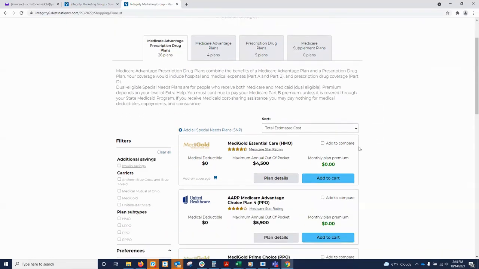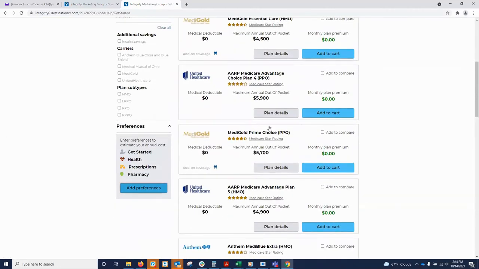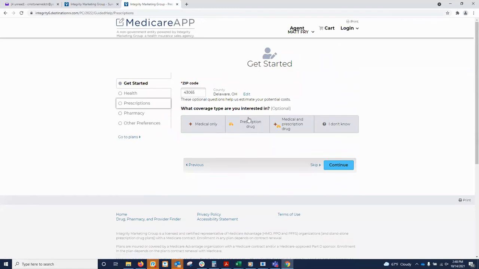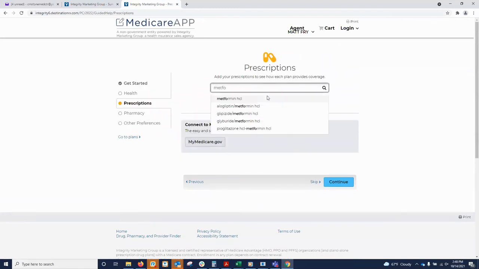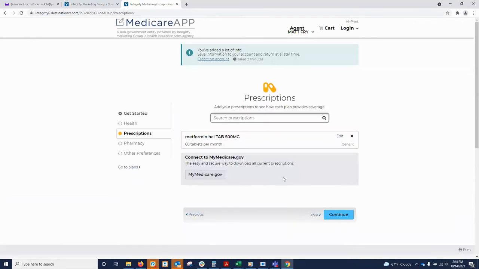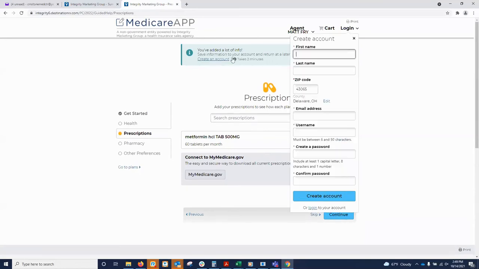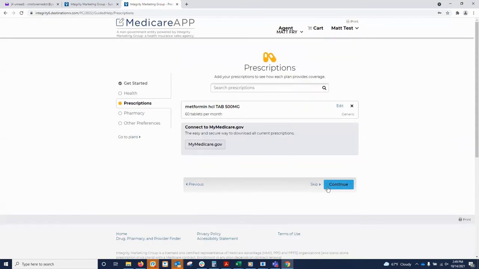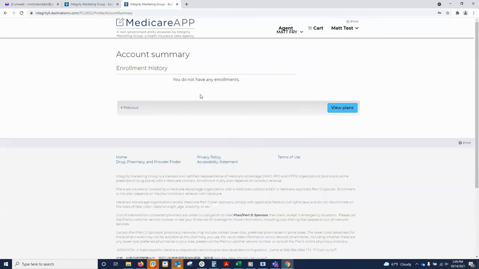But as they go through this, they start to be able to add some preferences in here. So let's just go out here and let's just say, okay, I take, I don't know, metformin or something. And I'm going to add that. And I create that account. They're going to be prompted here to create this account to pull up some of this information for you. So we'll just do Matt test. So now that I'm in here and I've created an account, under my account summary, I believe,